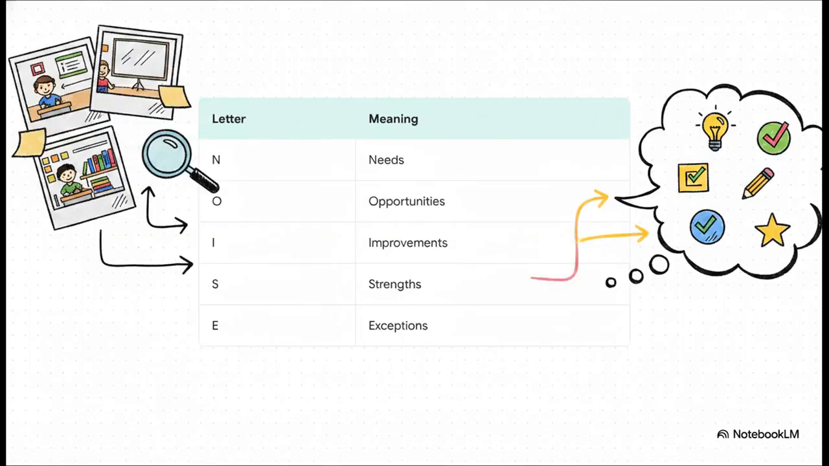So once you have your primary research, like those photos of your target classroom, you need a way to analyze them. Enter the NOISE framework. It's a super sticky little mnemonic that stands for needs, opportunities, improvements, strengths, and exceptions. Basically, what are the actual needs of the space? What wall space is an opportunity just waiting to be used? Are there existing strengths, like maybe something the students already love? By labeling your photos with these NOISE categories, you take this big, messy visual problem and turn it into really